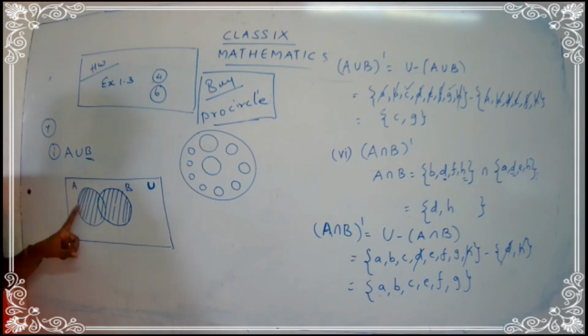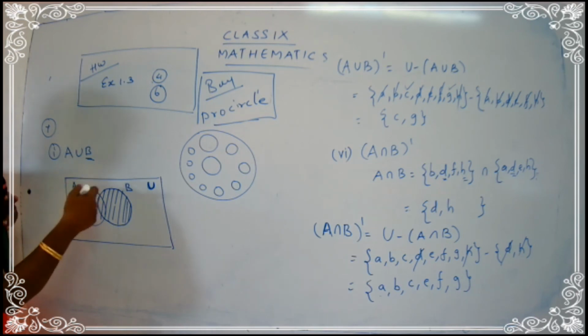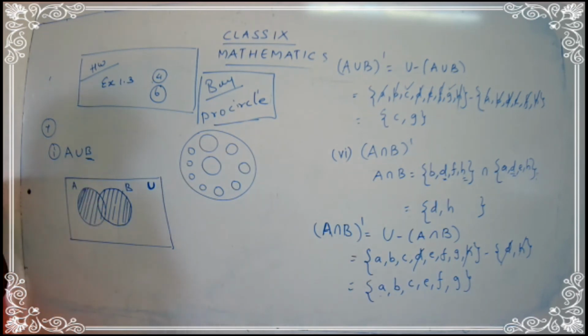The shading should be done with a pencil. I have told you to get ready with your scales and pencil. So after drawing A and B, you have to draw the lines over there using a scale. Keep your scales and go on drawing, and don't let the line come out of the circle. Okay children, you have to draw the line inside the circle. So draw the figure.